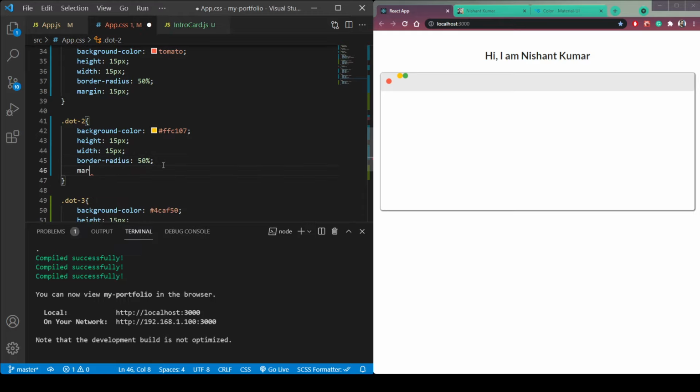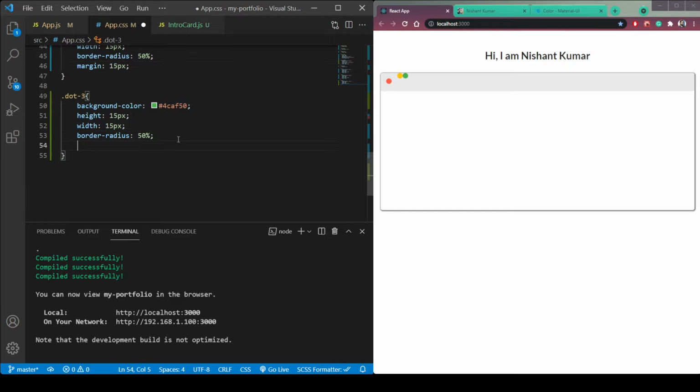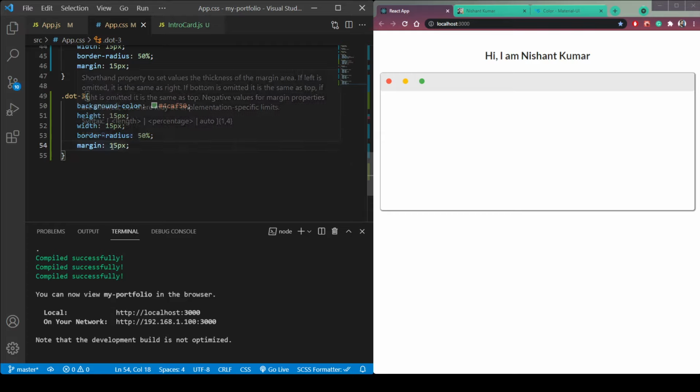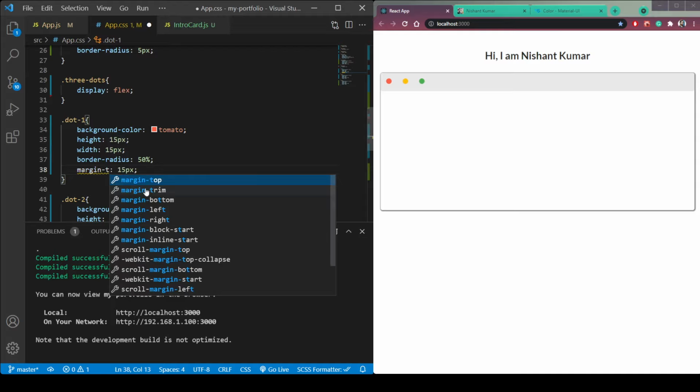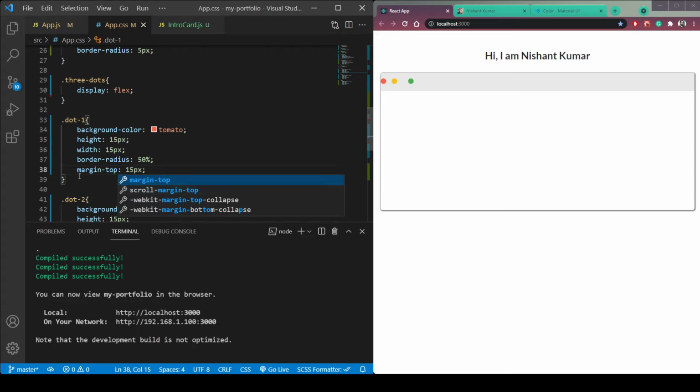So margin 15 px, and here margin 15 px. Or we can do something like shorthand property. So top margin, only top margin will be 15. So let's say margin top 15, 15, 15.